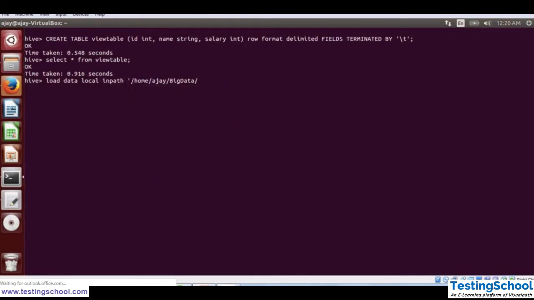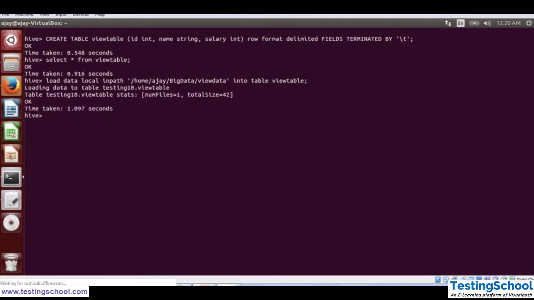As my data file is named view data, I have given view data. It doesn't have any extension, so I have not given any extension. Then into table, then our table name, view table. Let's execute this query. So now we have loaded the data in our view table.